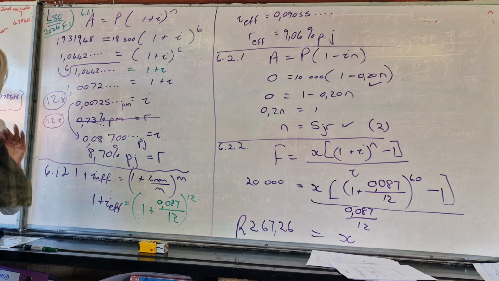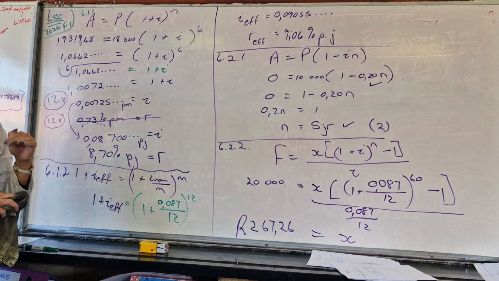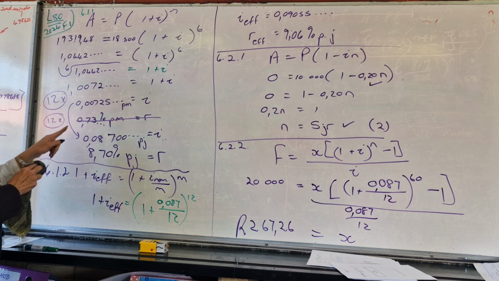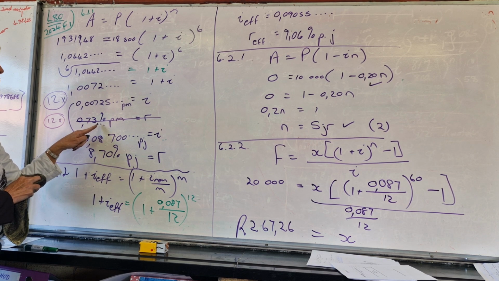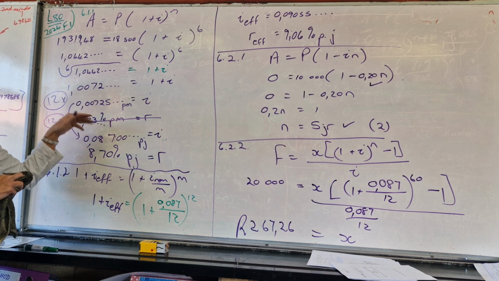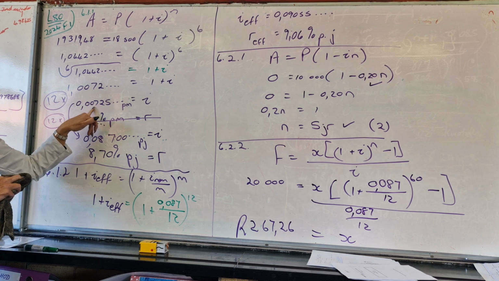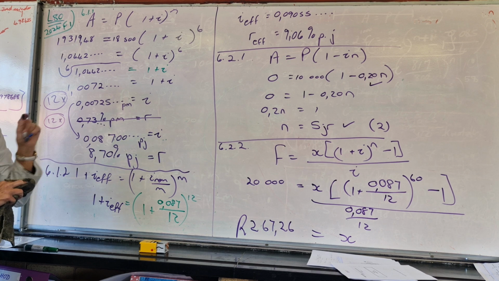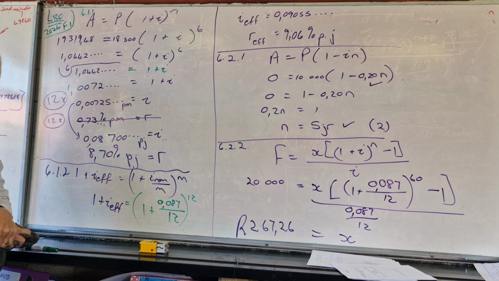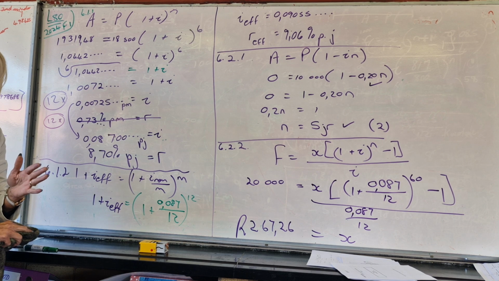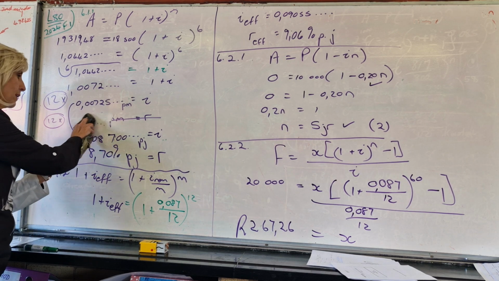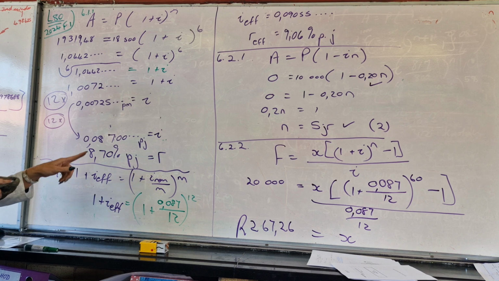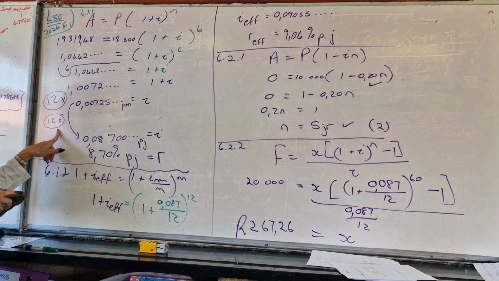So now what I did with the other class here, and that's why there's so much scratching here, you can decide. Somewhere you've just got to say, take it back to per year. So if you wanted to first say, let's take it back to interest rates, you could have. If I times with 100, that's going to be 0.73 percent per month. It's not even 1% per month. Are you with me? You can do that, and then you can take it to per year. Or the normal thing is to times it with 12, because it's per month, and you times it with 12, and you get